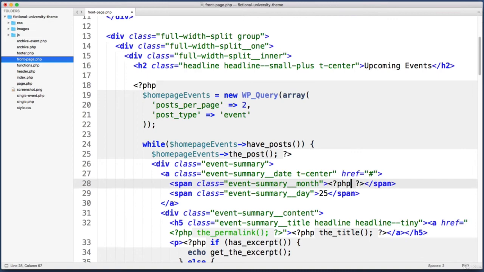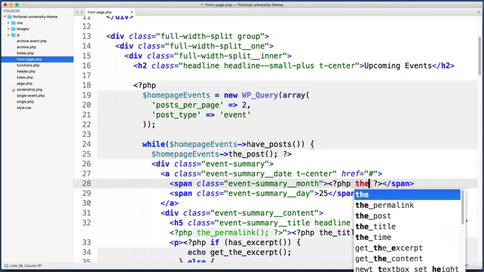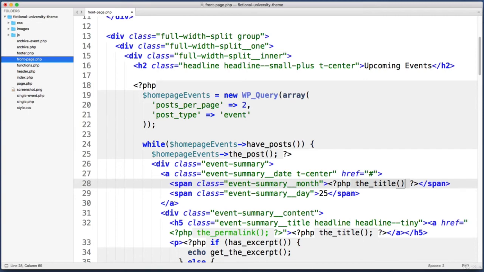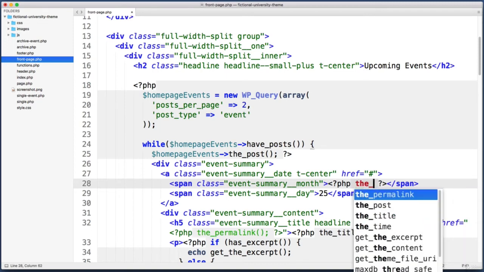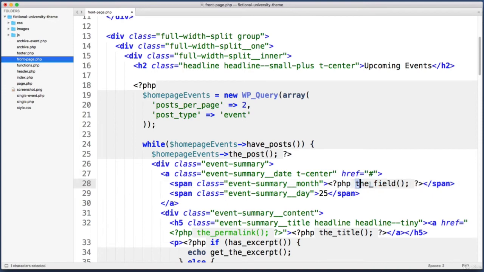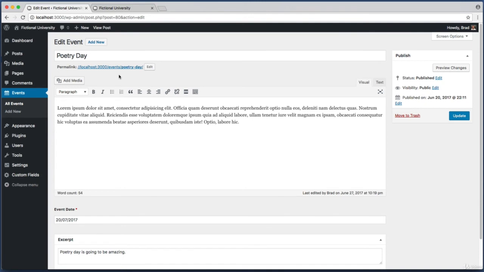And you know how normally we have access to functions like the title or the permalink? Well, in this case, that new plugin gives us access to a new function named the field. Okay, and then within the parentheses for that function, we just tell it which field in particular we are looking for. Now, if you forgot the name of the field, you can always just go into your WordPress admin and